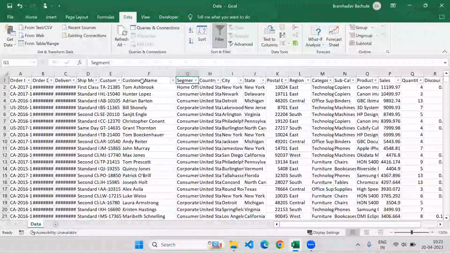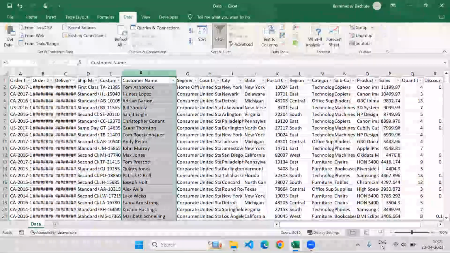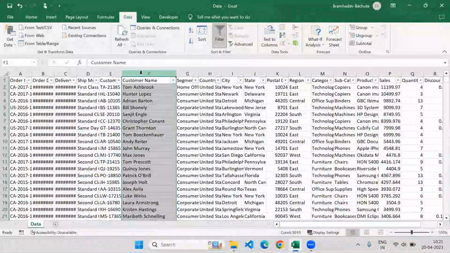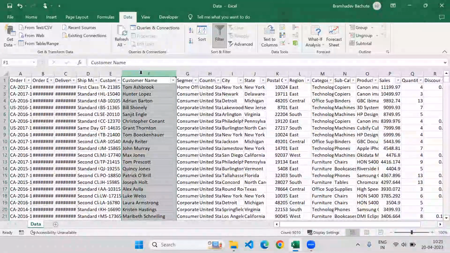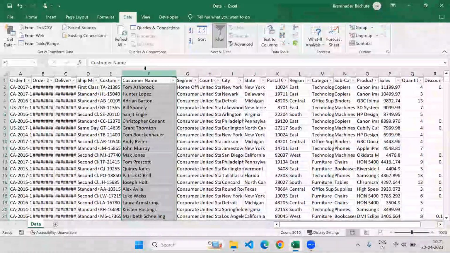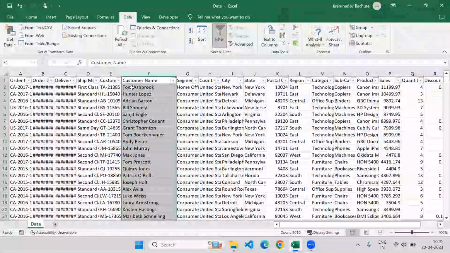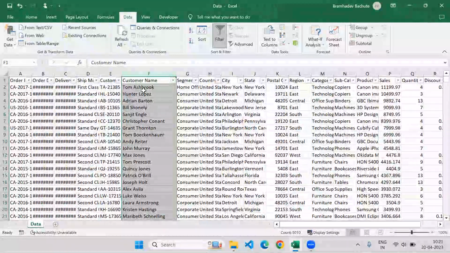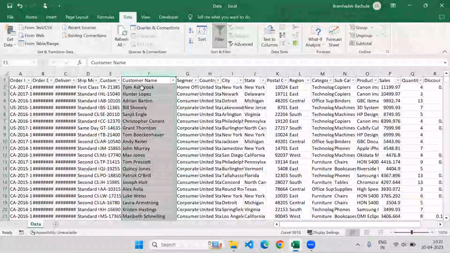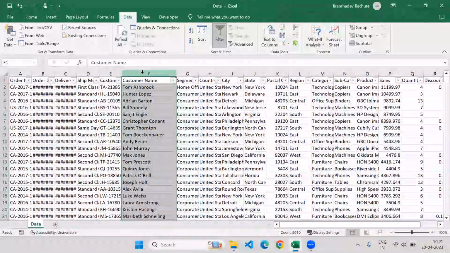Similarly, if you want to split the data, let's say you have a customer name, and you want to split this customer name into two columns, right, you have to separate the first name and last name. So here we can say that first name and last name is separated by a space. Sorry, not by comma, it's separated by space. So we can consider that space as a delimiter. And what you need to do, you need to select the